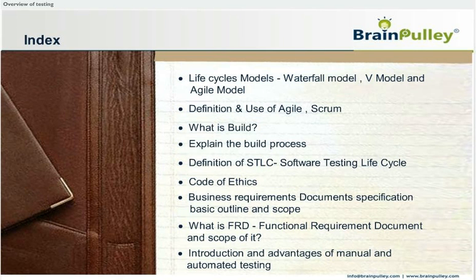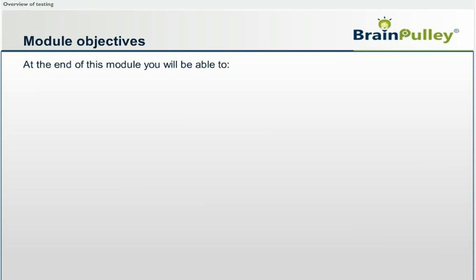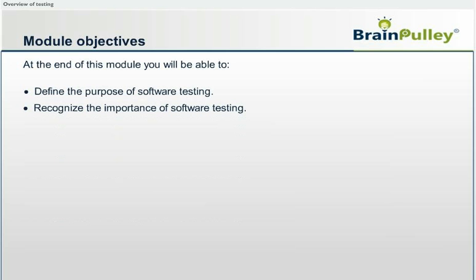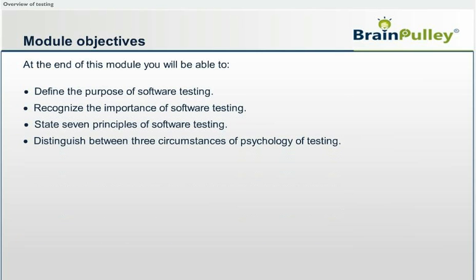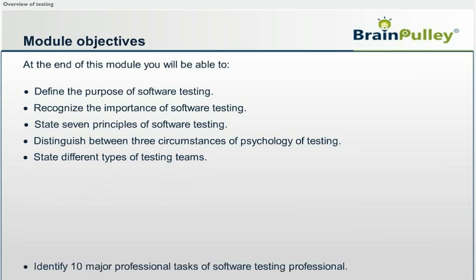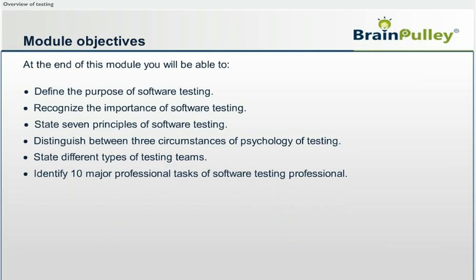Module objectives. At the end of this module you will be able to define the purpose of software testing, recognize the importance of software testing, state 7 principles of software testing, distinguish between 3 circumstances of psychology of testing, state different types of testing teams, identify 10 major professional tasks of software testing professional, understand different models of software testing,